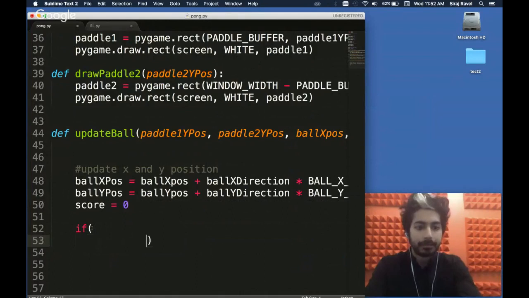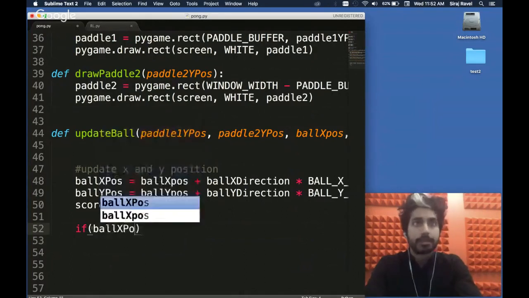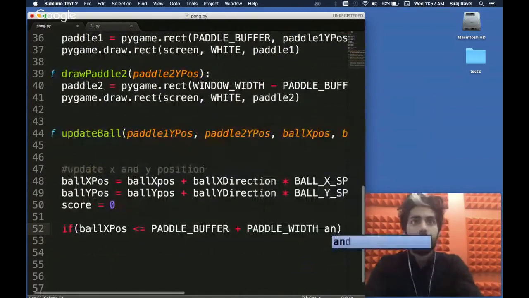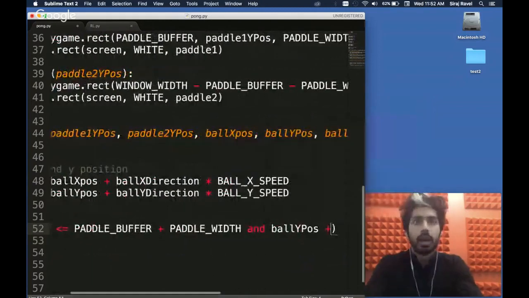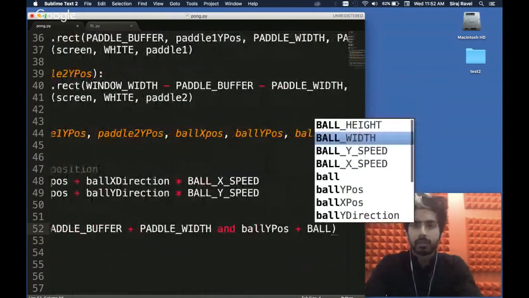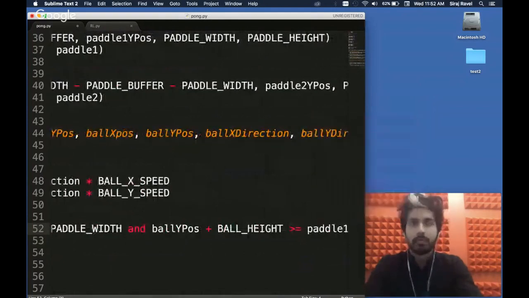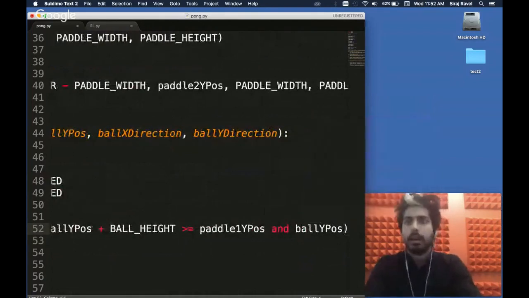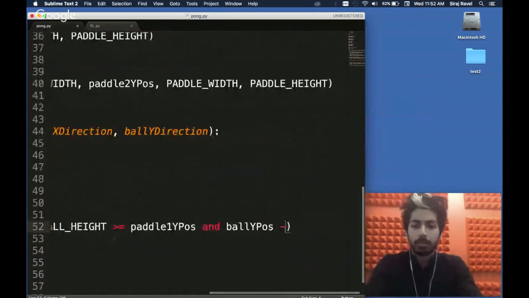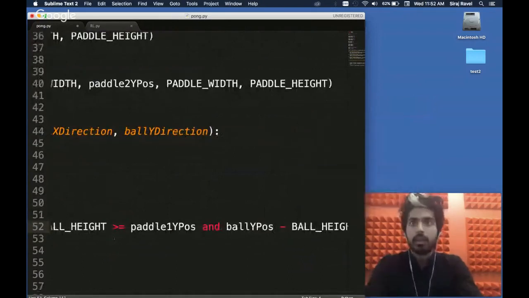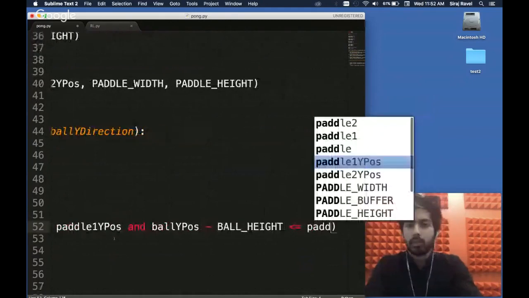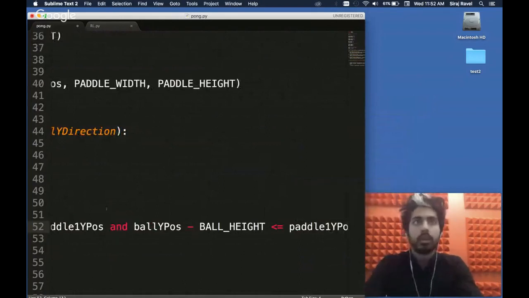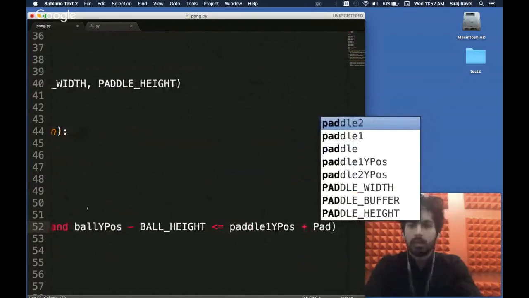So we're going to say: if ball X position is less than the paddle buffer plus paddle width, and the ball Y position plus the ball height is greater than or equal to the paddle's position, and the ball's Y position minus the ball height is less than or equal to the paddle 1 Y position plus the paddle height.